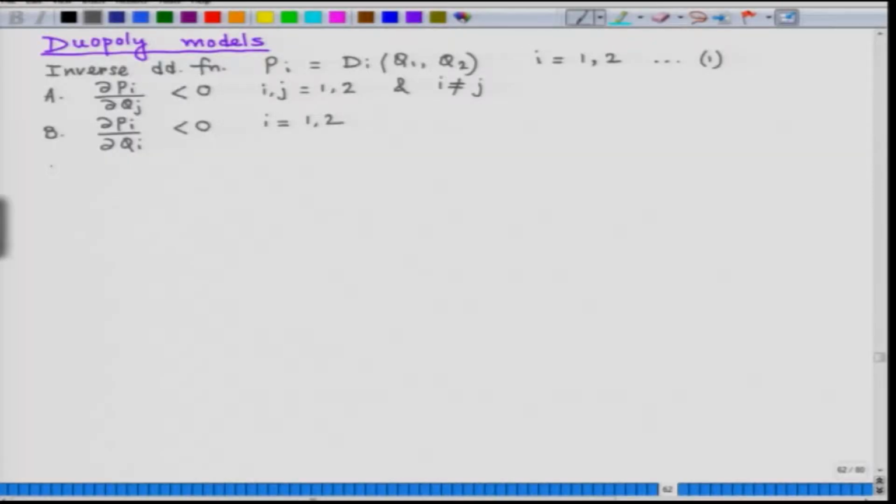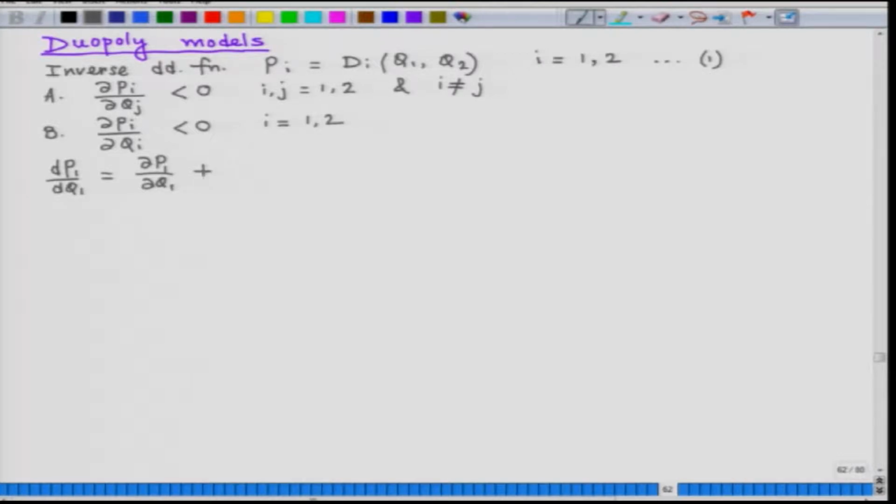So, then there will be an indirect impact on the price of the ith firm as well. Now we are going to break down the change in price due to a change in the quantity supply decision of ith firm into a direct effect and an indirect effect. So, let us take help of the total differentiation and write this equation for firm 1, but you should note that this can also be written for firm 2,